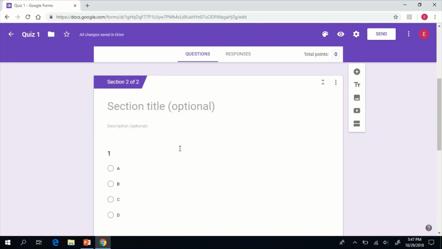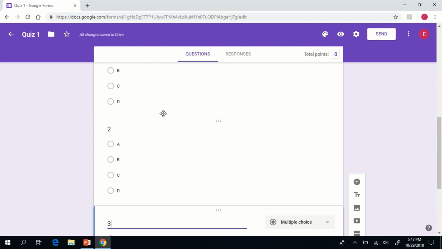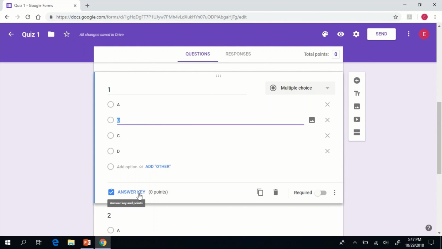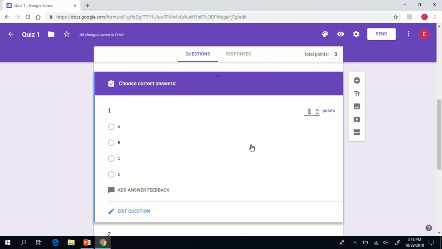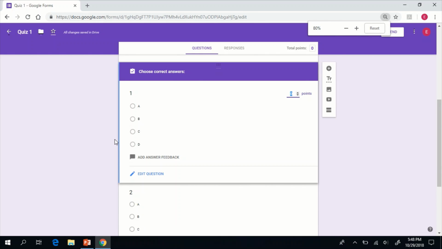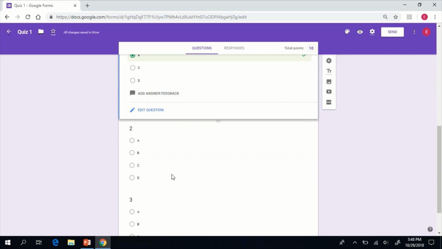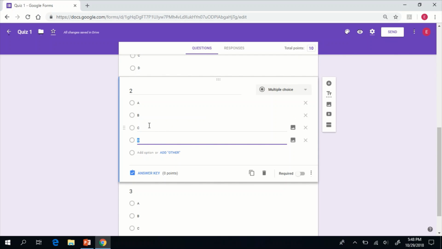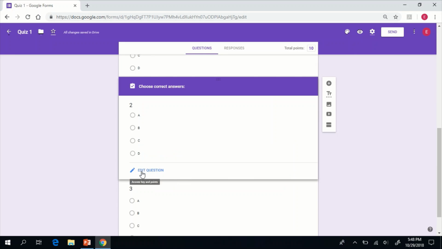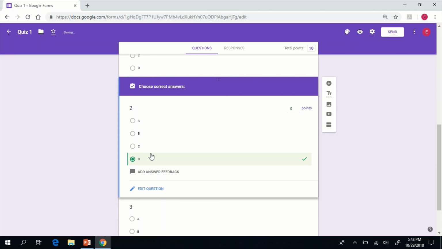So you go back up here, click on 1, and you hit your answer key. You're going to go in and say that choice was actually B, and give it its points. So you can say you want 10 points. Then you can go down to the next one, click on 2, go to the answer key, put the answer as D, make sure you put your points in there, 5 points,